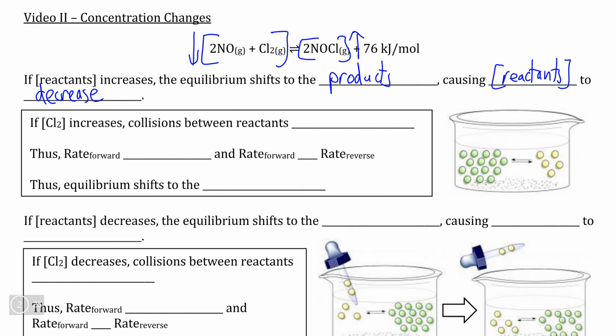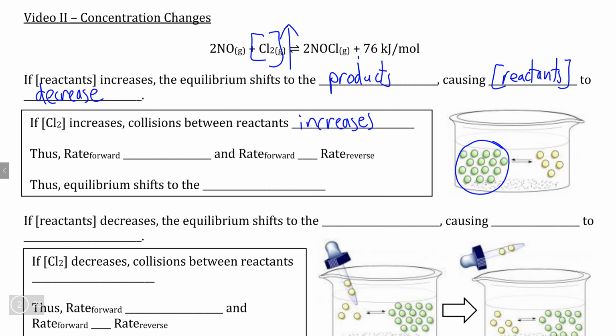Now, how do we explain this by looking at rates? Well, unlike with temperature, this is relatively easy to visualize because if we focus on one specific reactant, let's look at chlorine in this case. If we increase the concentration of chlorine gas, meaning that if we actually have a greater number of chlorine gas particles, that means that the number of collisions between reactant particles is going to increase as well. And if we have more collisions, that means that the rate of the forward reaction is going to increase